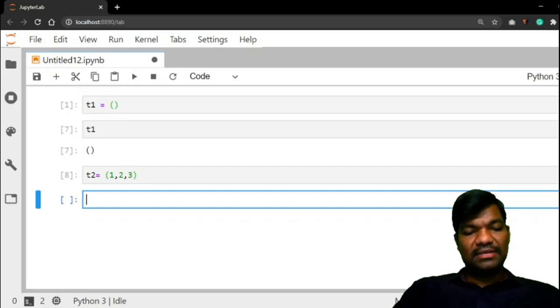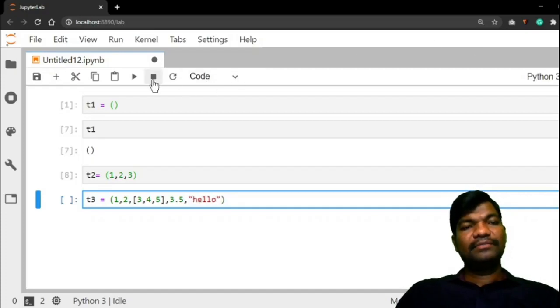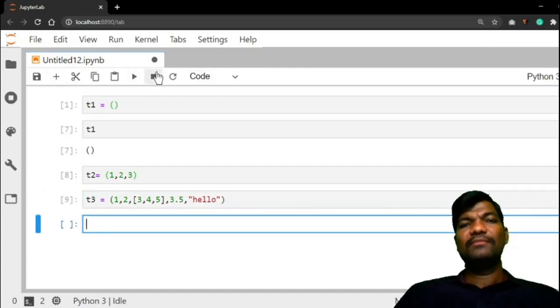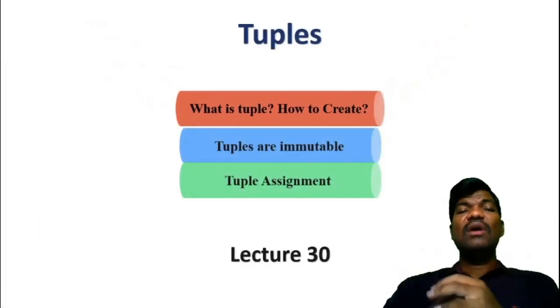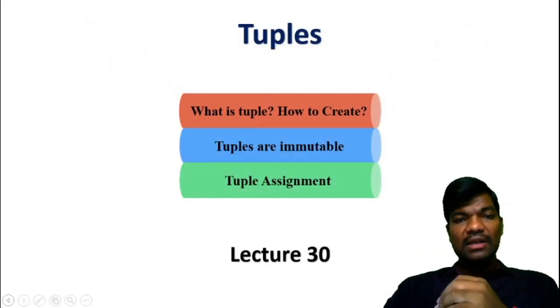Now create T3 equal to 1 comma 2 comma a list of 3 comma 4 comma 5 comma 3.5, or give hello, like that. So this is also one tuple, right? This is the creation. So that's the concept: what is tuple and how to create tuples.